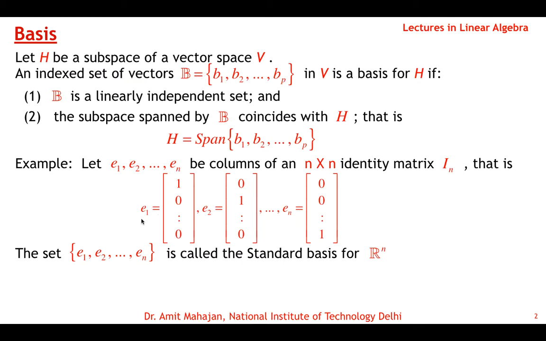So an independent set spanning Rn is a basis for Rn. That means this set of vectors e1, e2, and so on up to en, is a basis for Rn, and this is called the standard basis for Rn. And a basis is not a unique set. You can also write another set with n vectors in which the n vectors are linearly independent and they span Rn, so that will also be a basis for Rn. If the basis consists of the columns of the identity matrix, we call it the standard basis. Otherwise we can have any set of linearly independent vectors spanning the space, which will be a basis for that space.